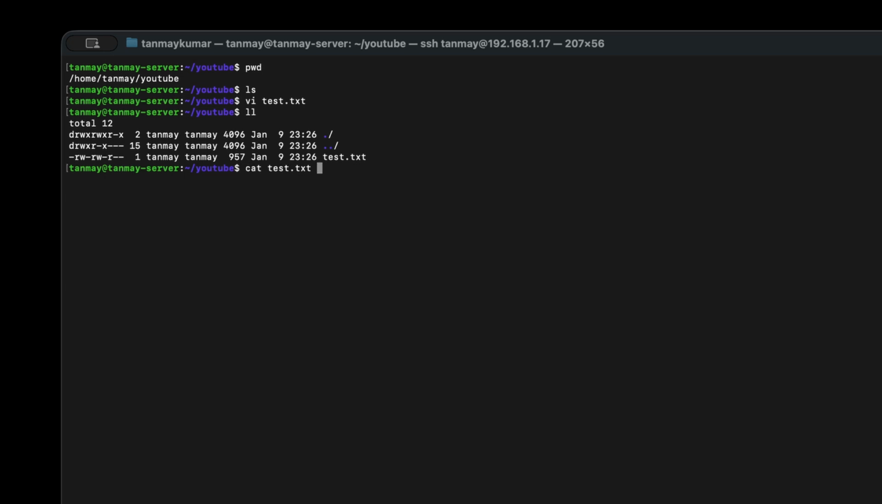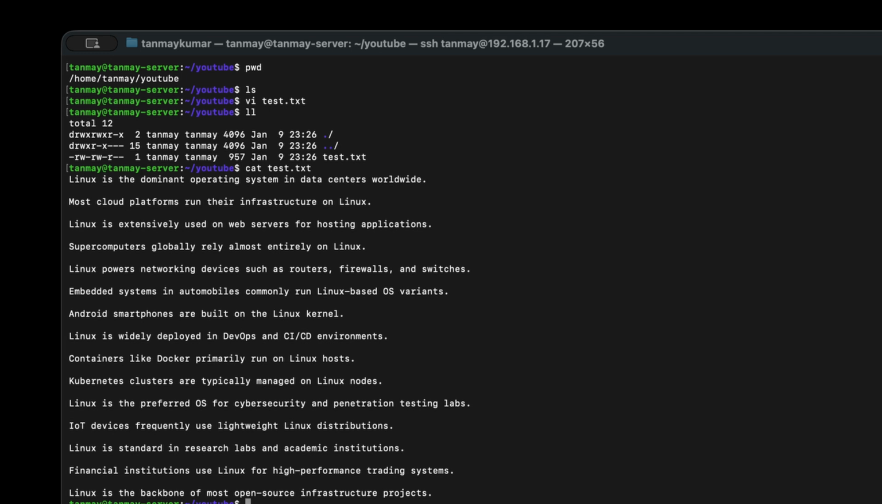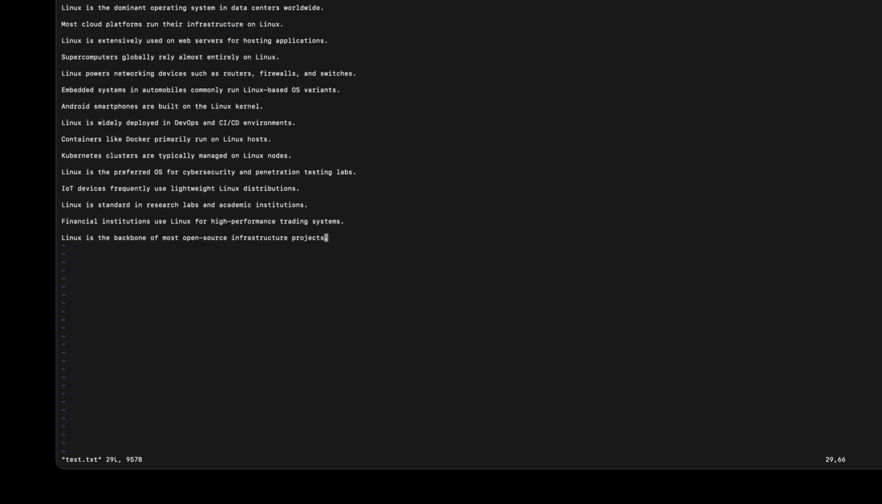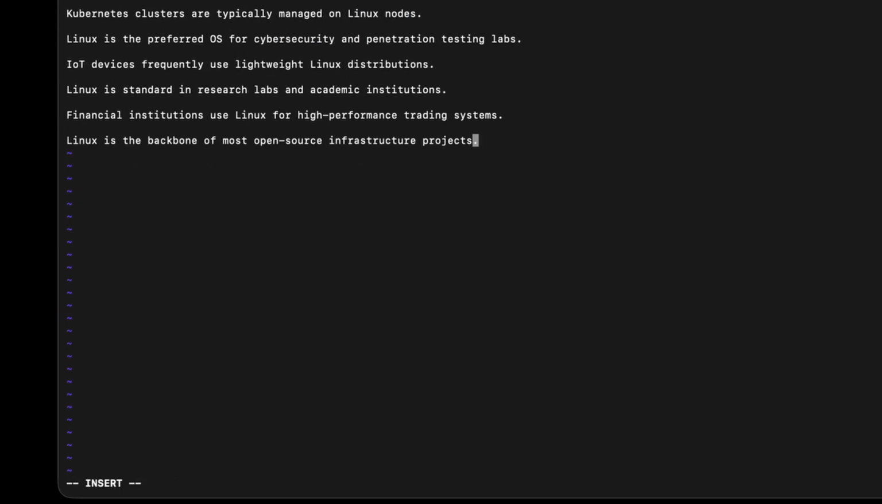And you can see the file is also created. I am using the cat command to check the content. Here you can see the file content also. Now suppose you open the file in the VI editor and you made some changes but do not want to